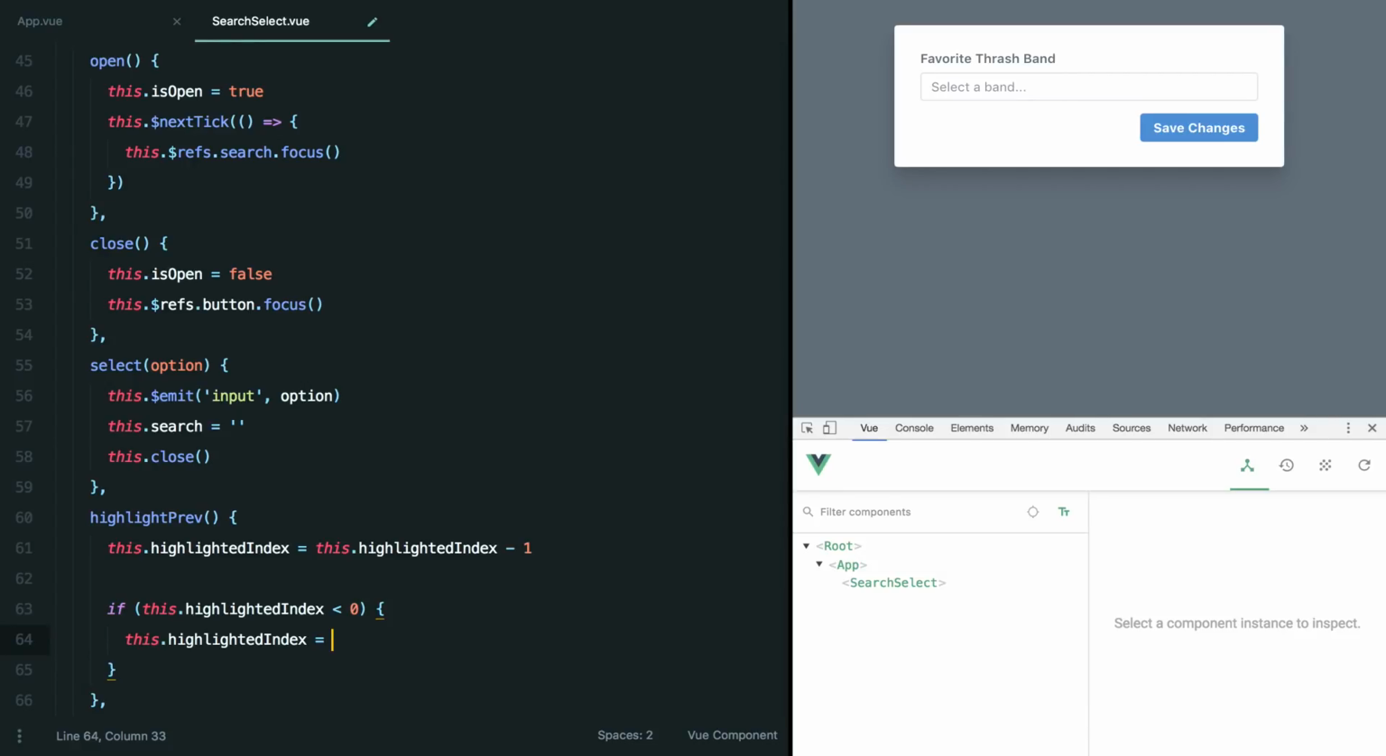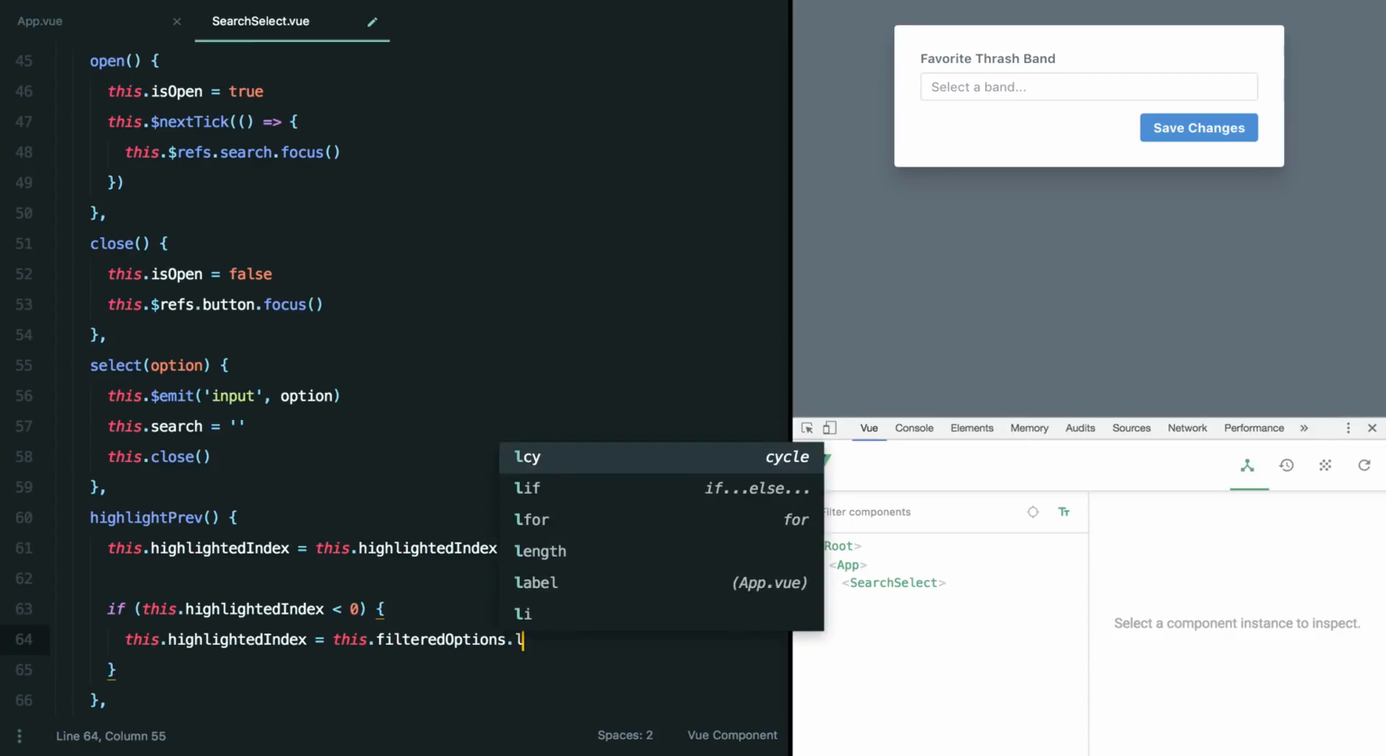Now we want it to be the last item in the filtered list, not the full list, because we only want to highlight things that are actually visible. So we can do that by setting it to this.filteredOptions.length, and then -1 since arrays are 0 indexed. Let's head over to the browser and